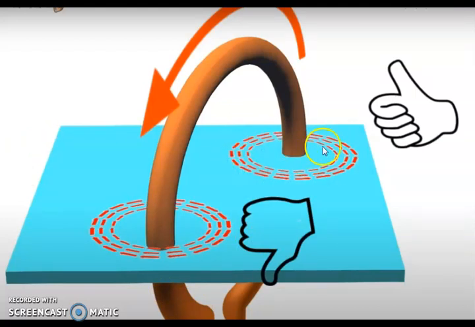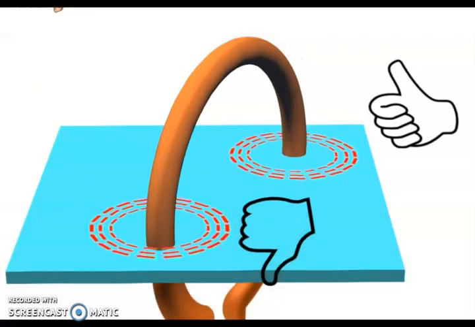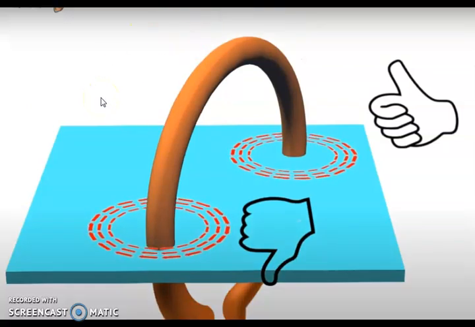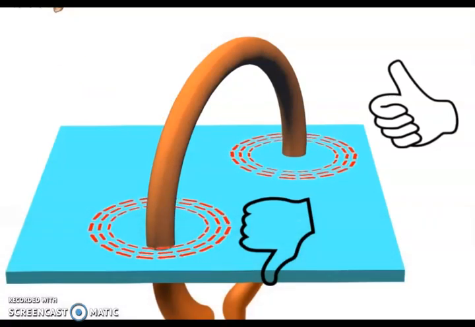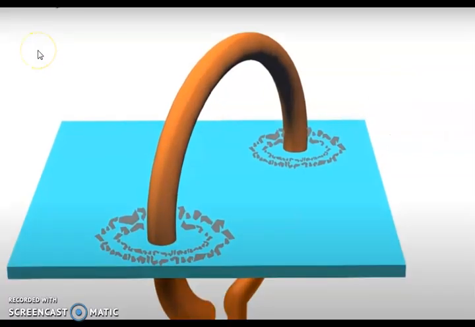As you will see, in this part the current is moving in the upward direction, and when we give the curl to the fingers, the field will be in this direction. And for this part, obviously the thumb will be pointing downwards, and the direction of magnetic field lines will be somewhat like this. In the first case it will be clockwise, and in the second case it will of course be anti-clockwise, as you can clearly see. So in this way we can easily calculate the direction of magnetic field lines in a circular loop.